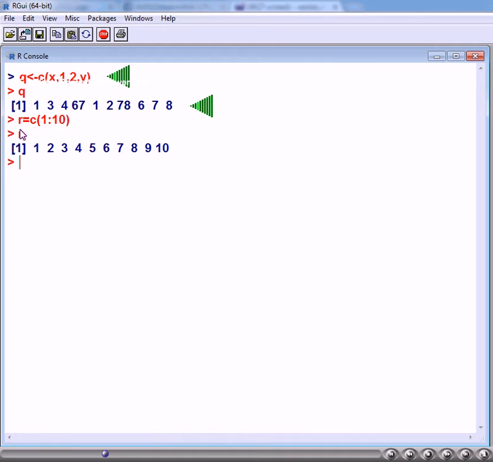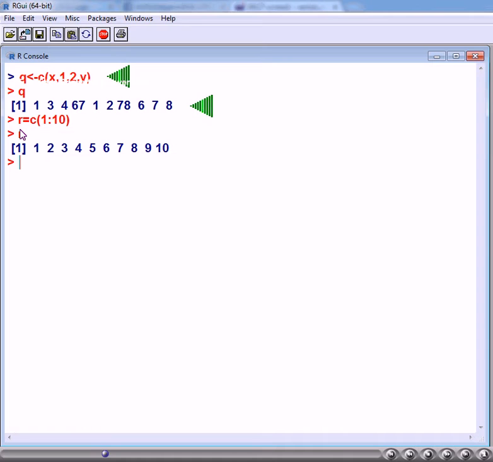Moreover, the create function takes vectors also as arguments. For example, I want to create a vector q with the values of x and y. In addition to that, I want to add two more values, 1, 2, as shown in the slide.